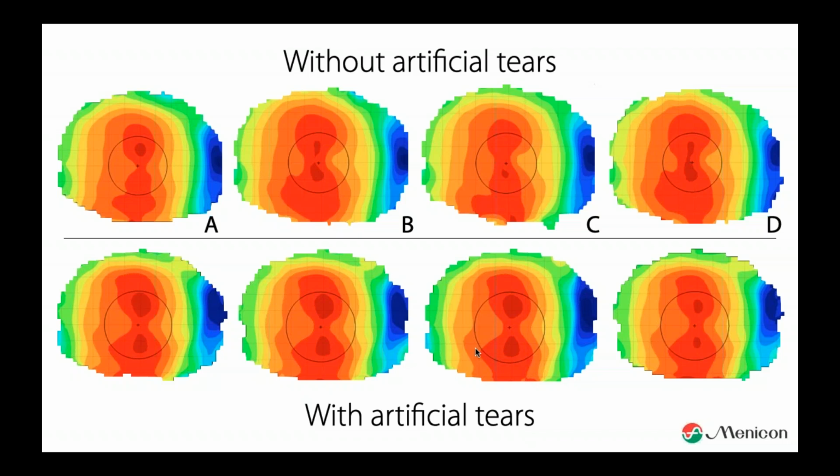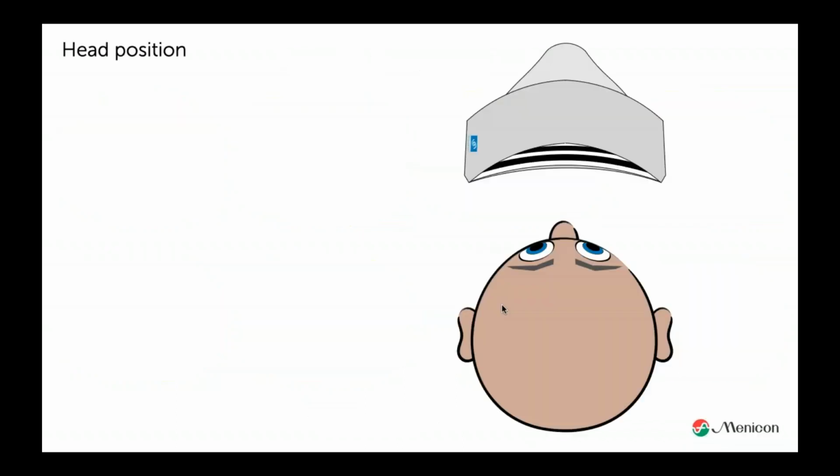Yeah. So again, that was the answer. If I measure four measurements and one is off, I go on with the other three. But if there's already 50% off, I have a tear film problem. Just first solve that and do the measurement again. Okay. Then, what I already mentioned, head position, quite important.